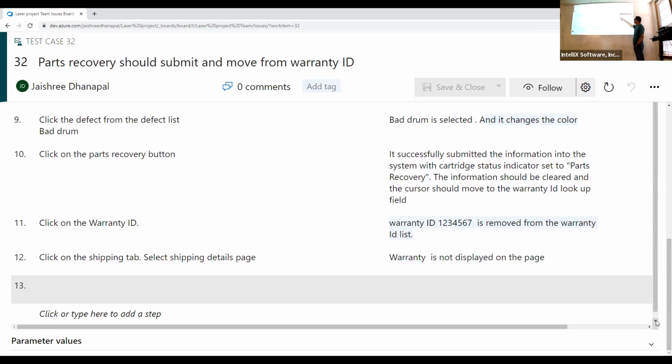What I'm asking is, how would you verify that it was successfully submitted with the status indicator set to parts recovery? If I go to accounting, how do you plan to validate that? They didn't mention anything, I know, but how would you validate? That's what I'm saying, I'm going to the warranty ID and another day I have to check it, right? But just because it disappeared doesn't mean that it's successful. We have to talk to the